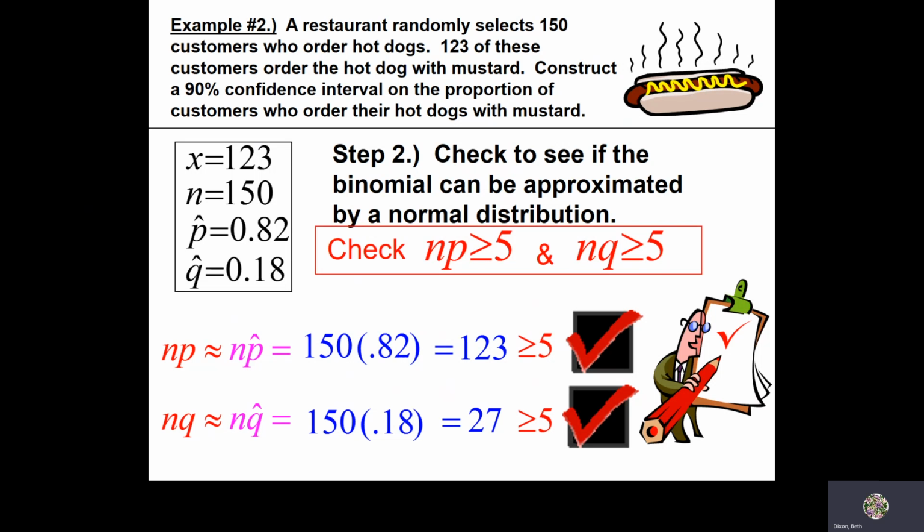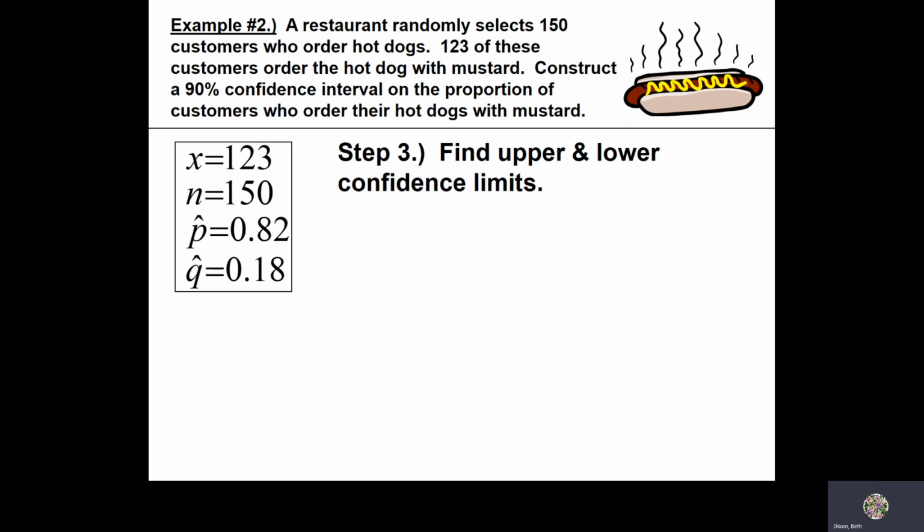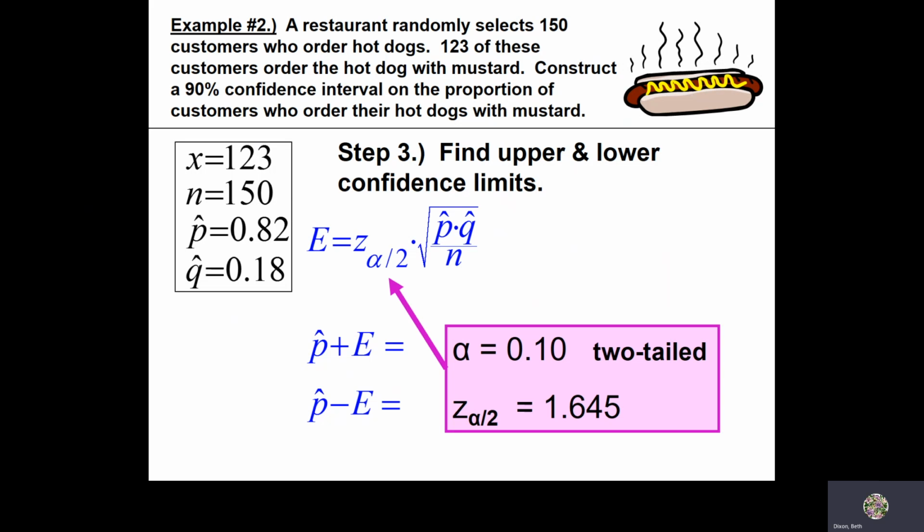the next problem. If that is not correct, then we stop here, and we cannot use the normal distribution to approximate the binomial. Since it is, we can proceed to step 3 and find the upper and lower confidence intervals by first finding the error. So to find the error, we are 90% confident. And so because it's 90%, we would do 100% minus 90% gives us 10%, and that 10% changes to a